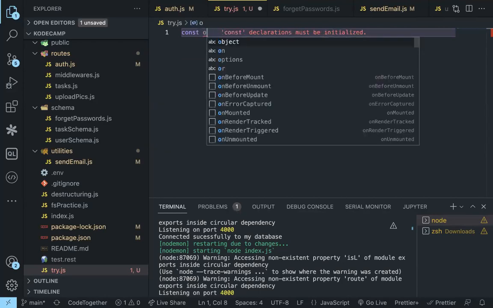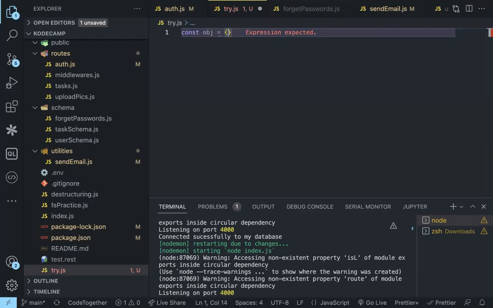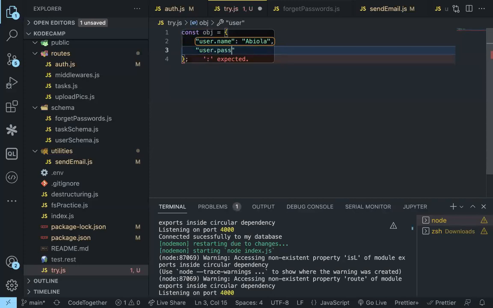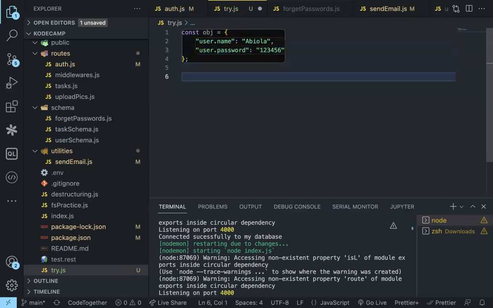Let's say const obj should be equal to user.name. User.name can be Abiola. Then we could say user.password. User.password can be 1, 2, 3, 4, 5, 6, right? So if I want to print out your username, I could then say